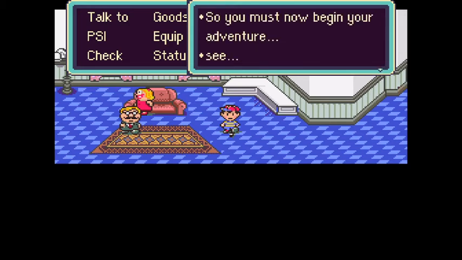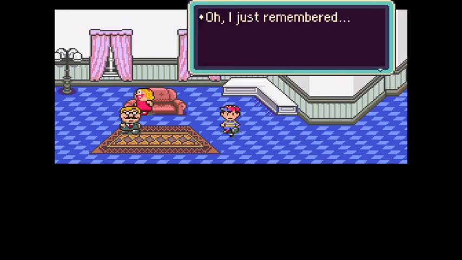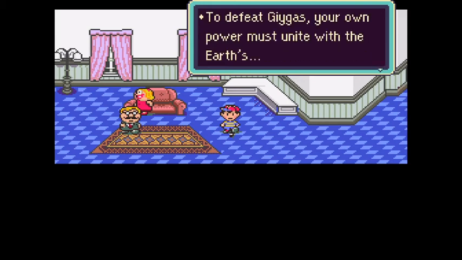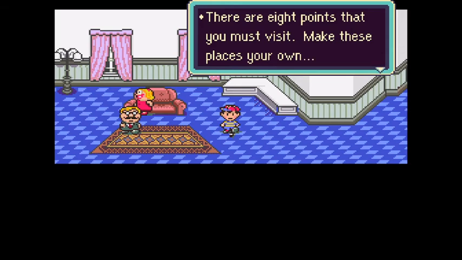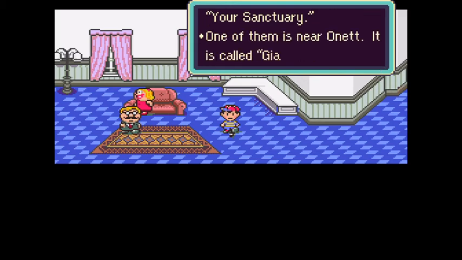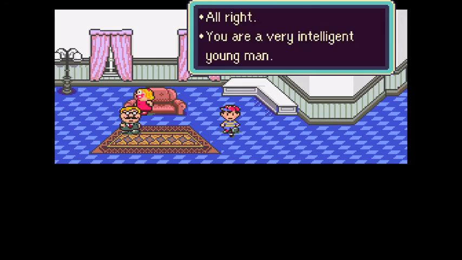So you must now begin your adventure. Oh, I just remembered. Listen to my final words. To defeat Gygus, your own power must unite with the Earth's. The Earth will then channel your power and multiply it. There are 8 points that you must visit. Make these places your own. Each of these locations is your sanctuary. One of them is near Onet. It is called Giant Step. Go there first. Do you understand? Yeah? Alright. You are a very intelligent young man, and...